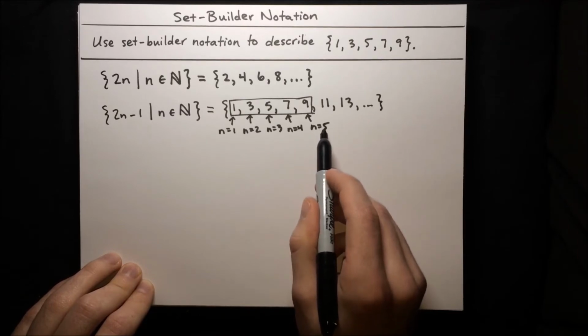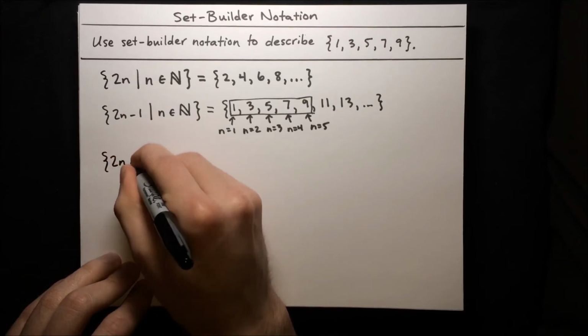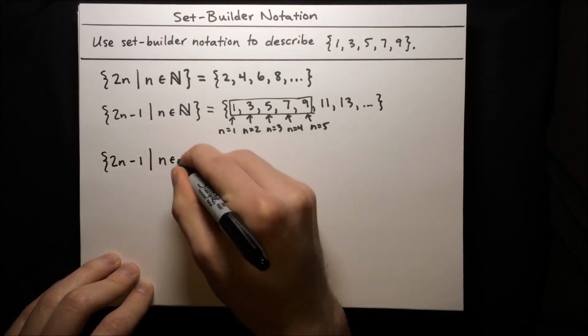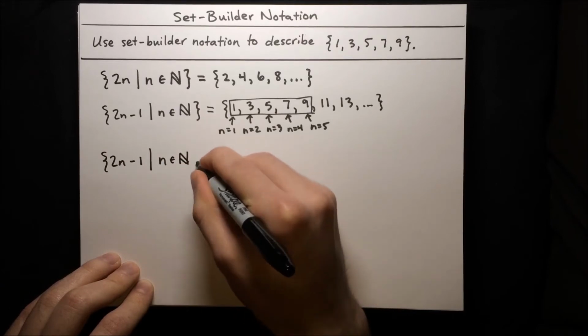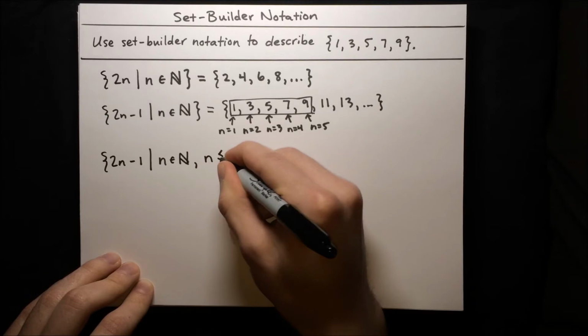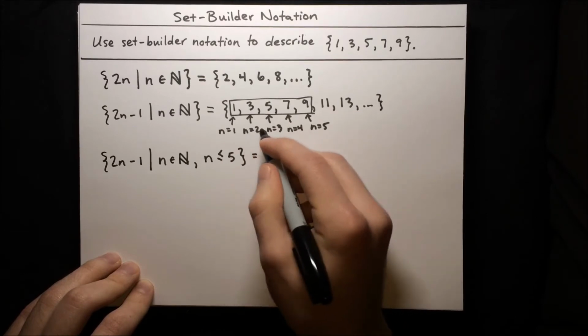5 is going to be the upper limit for n here. So let's do that. So 2n minus 1 such that n is an element of the natural numbers, and also n is less than or equal to 5. There we go. So that's going to give us our n equals 1 is 1, n equals 2, plug that